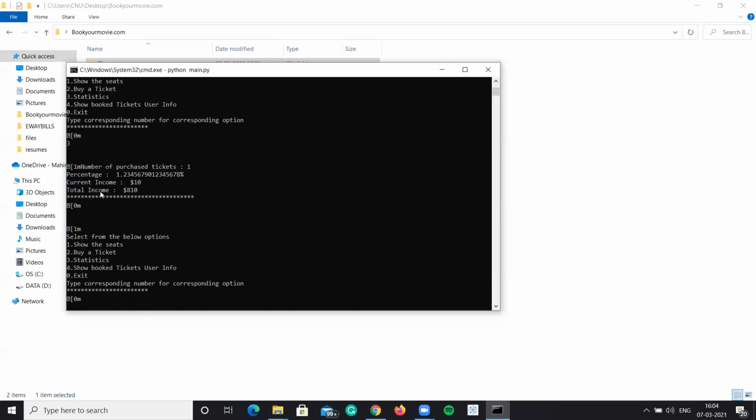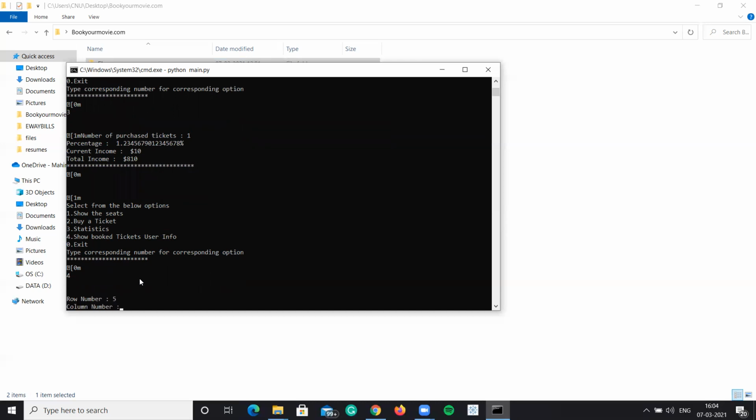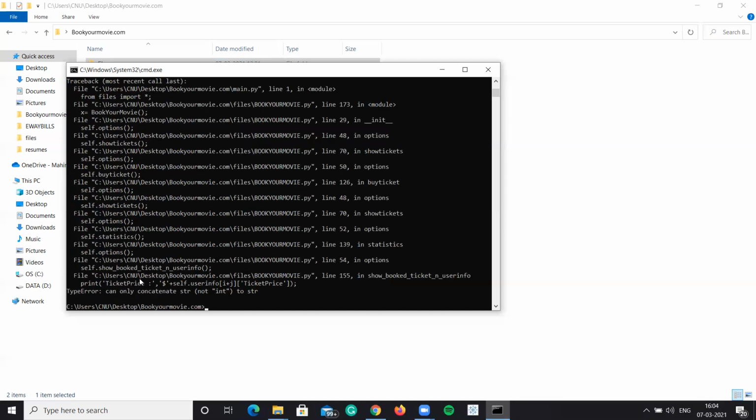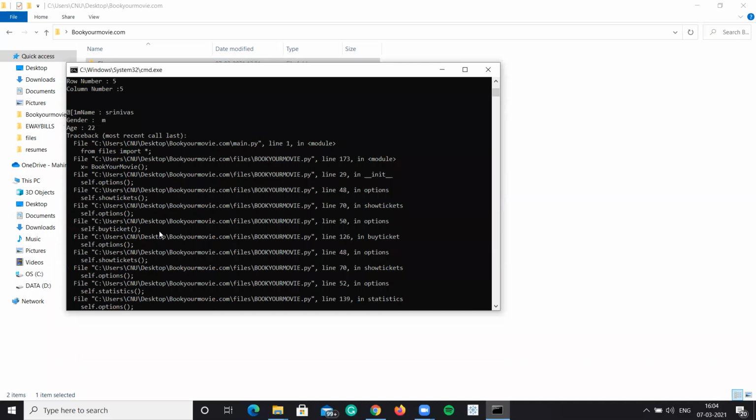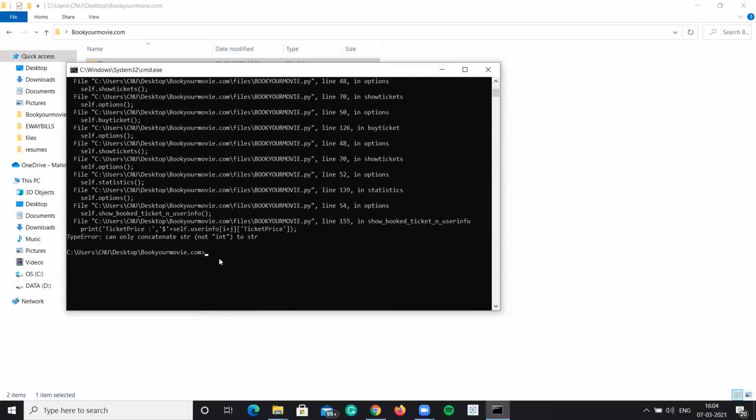Okay, I'm done with the statistics. I want the user information. I want to check whether my information is correct or not. So I will go to the 4. When I go to the 4, it asks me the row number and the column number. I booked the fifth row and fifth column, right? So the row number is 5 and the column number is also 5. After giving 5, the name is Srinivas, the gender is male, age is 22, and after that,